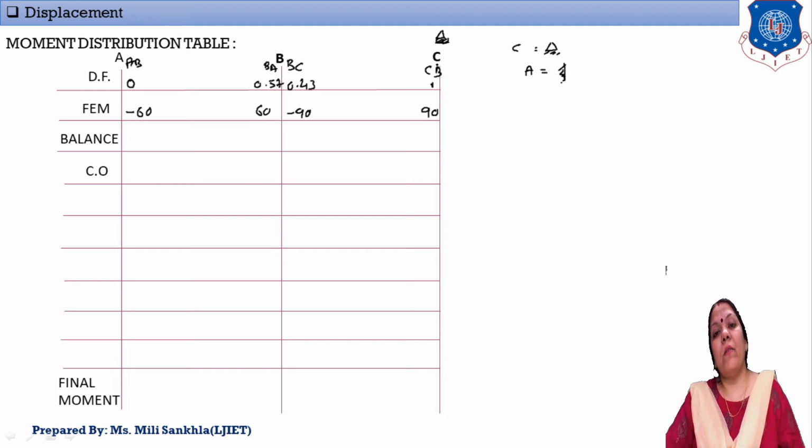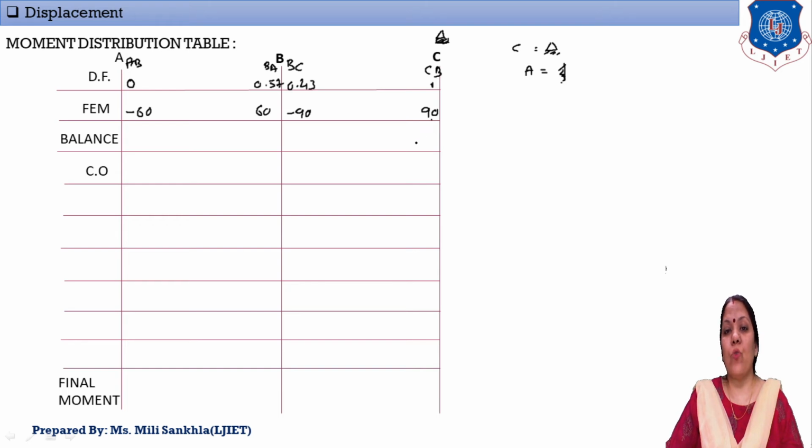Okay guys, here the support is given as a hinge support. At a hinge support our moment is 0, because a hinge support can't resist moment, so here I make this moment 0, so apply minus 90. Minus 90, that means here our moment will be 0. Now carry over this moment to the far end. Carry over moment means from this intermediate point we lock it, so here we apply half the moment, that is 0.45.